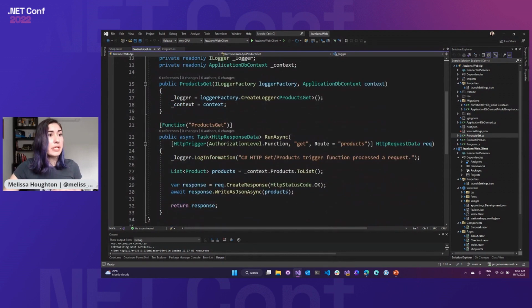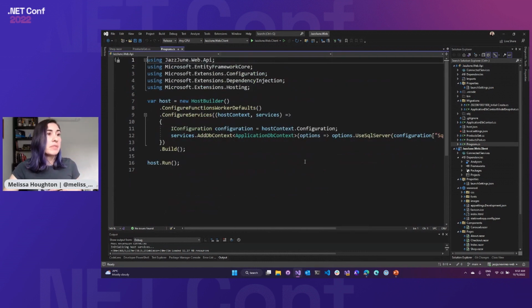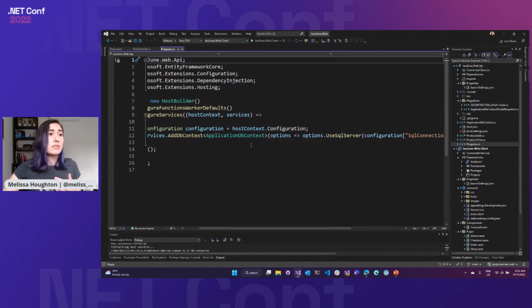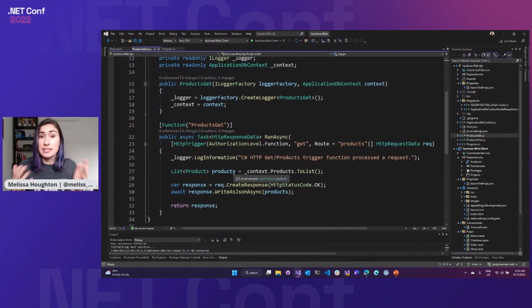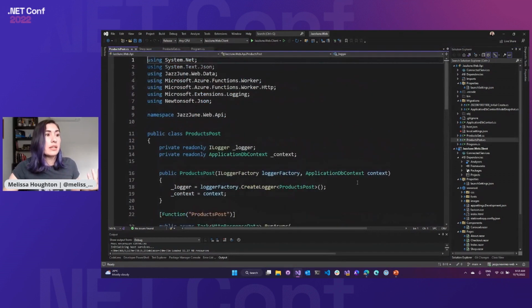So I have a GET endpoint, and I'm actually using Entity Framework Core 7 as well. One of the things that's really great about the upgrades to the Azure functions is that it's easier to do dependency injection. So in order to configure my Entity Framework, I have added it into my ConfigureServices in a very similar way to how you would within your other .NET applications. This is just doing a GET to a SQL database using Entity Framework to get the products that we would show on the front end there. But I also have a POST endpoint as well.